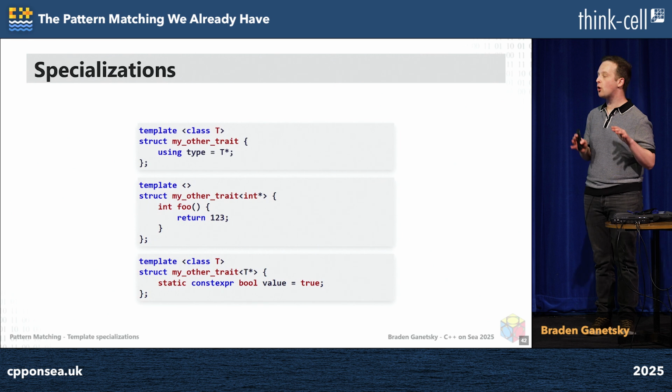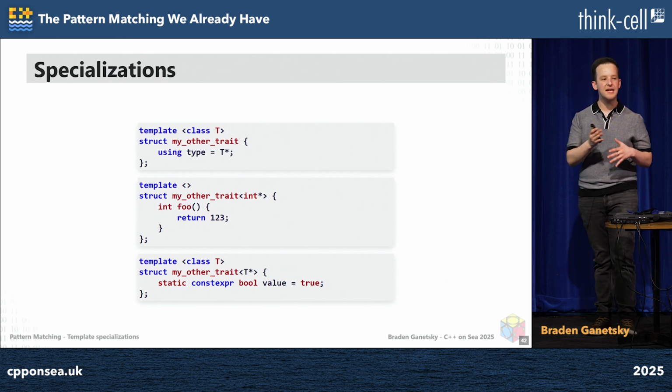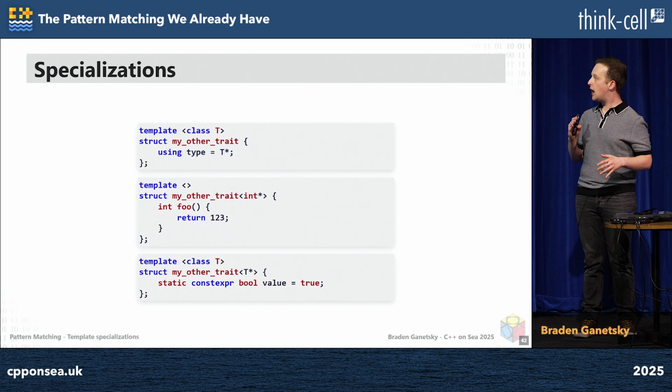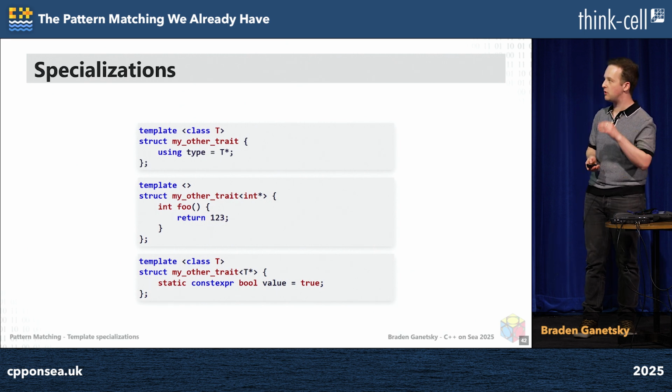Template specializations are only related in their name. And so they give you a way to sort of customize some behavior in your code at compile time, but a user is supposed to be able to use a template as if it is just the primary. A user is not supposed to know about the partial and explicit specializations, so typically code like this looks very bad. I'm just showing it for demonstration purposes.